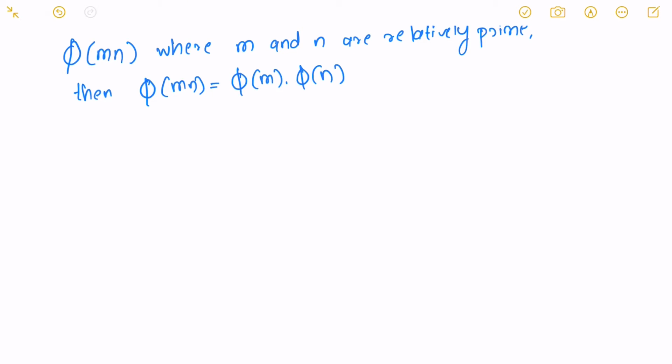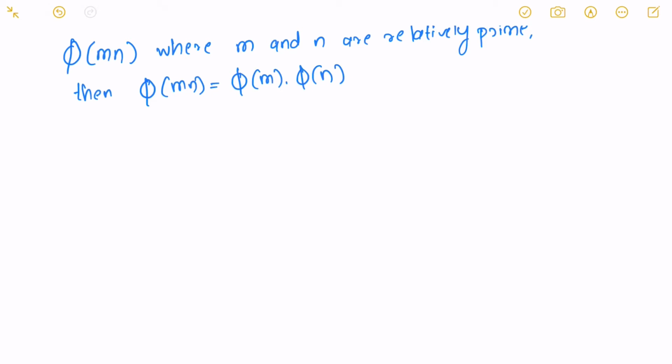Another reason I want to prove this is that when I was trying to learn this, I saw that there were many complicated proofs, like those involving the Chinese remainder theorem, or some of them even had concepts of group theory. So the proof that I will be discussing here is not that complex. You just need to know basic number theory, and it is also a simple and elegant proof in my terms. And if you find any other simple proof, please let me know in the comments below.